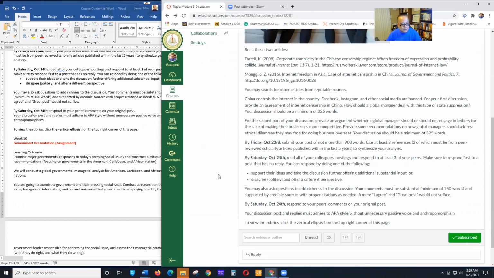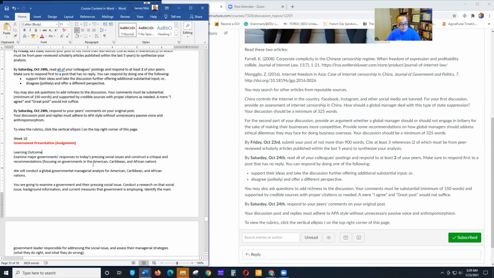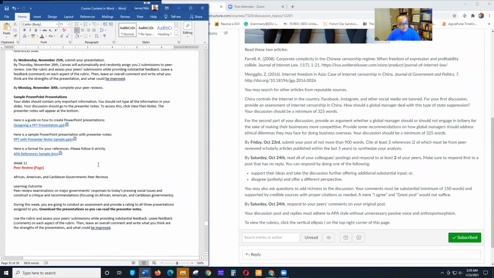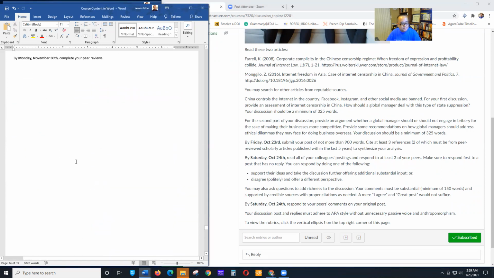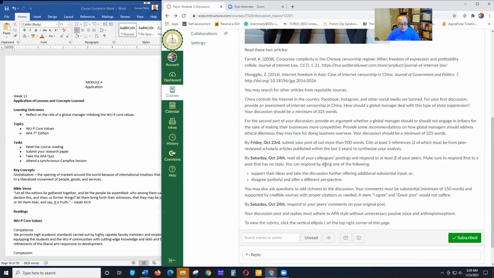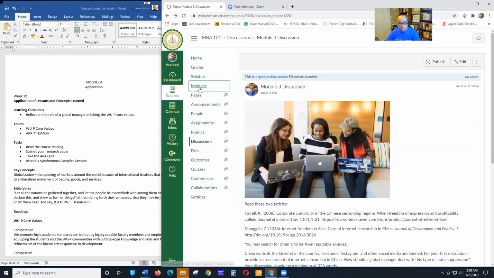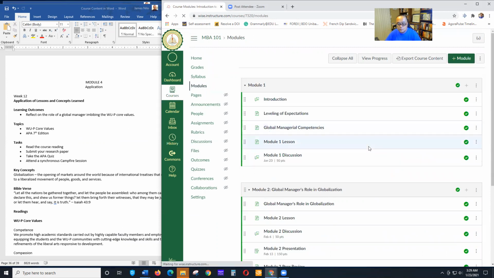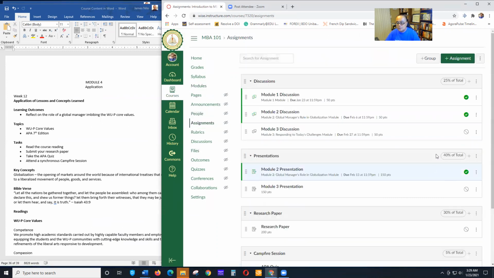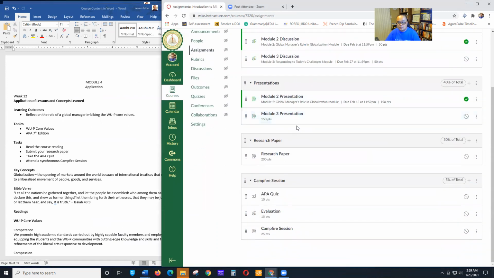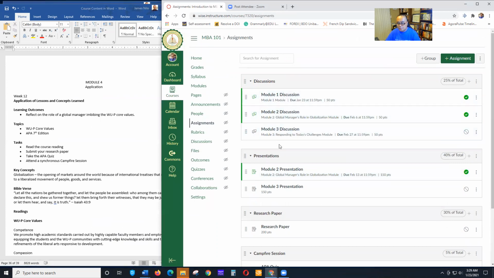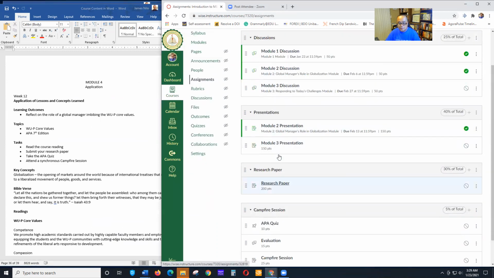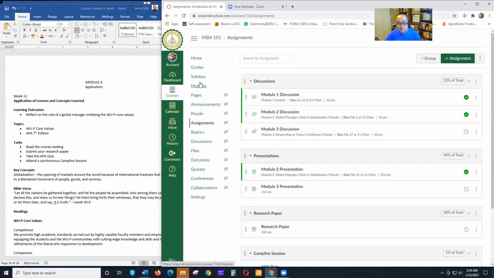All right. And then you can add the government presentation again, and then the peer review page again. But we're not going to do that for now. We'll go to module 4. If you want to check where we are on the assignments, there, we already set up some of this. So we now are on research paper. So go back to modules,